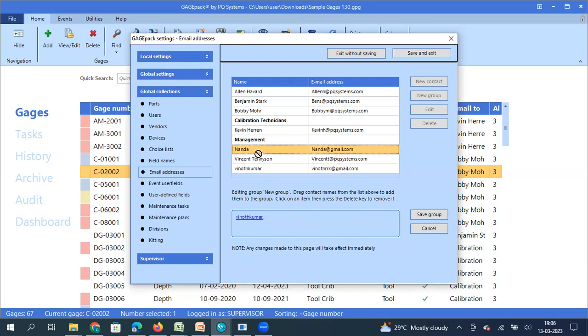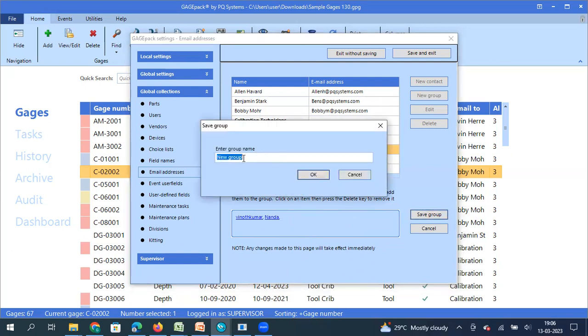Similarly, I'm going to drag Nanda's contact and drop it here. And then I'm going to save this group. So when I click on save group, it will ask on what name you want to save this. So I'm going to call this as PQ